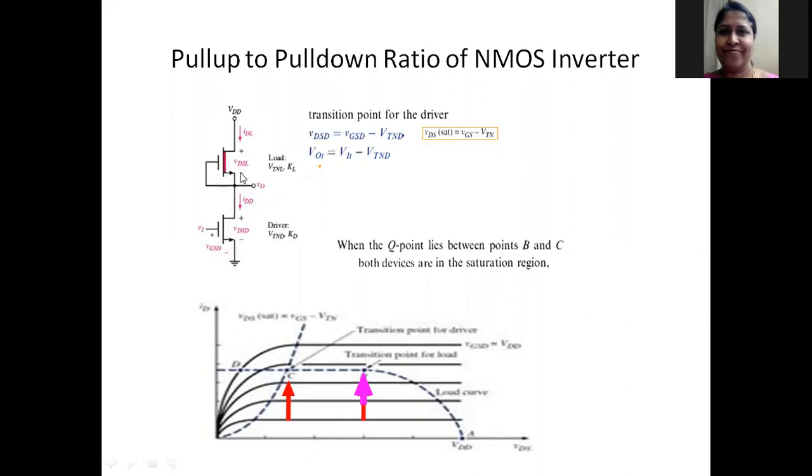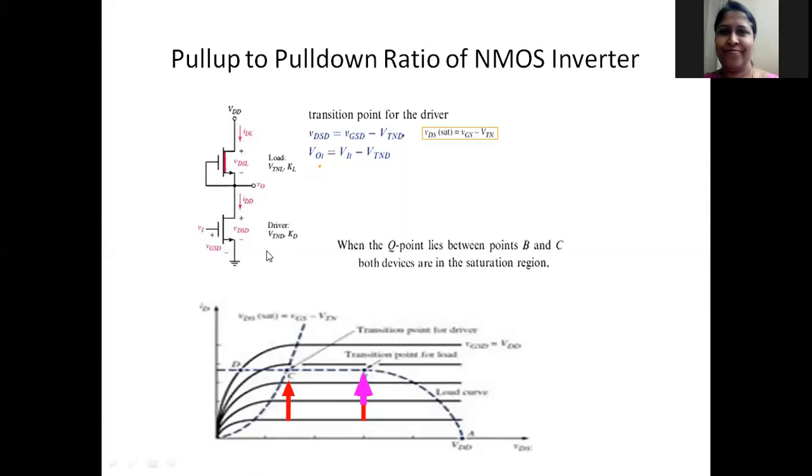So the sum of the VDS of this load and VDS of this driver is equal to VDD. The current that flows through this load is same as the current that flows through the driver. And when we connect this and apply voltages, the curves you can expect from the devices appear like this, and the intersection point of the curves, or the operating points of this inverter, we need to analyze how the inverter will provide voltage levels, whether it will provide properly or not.